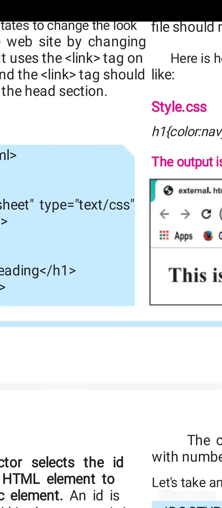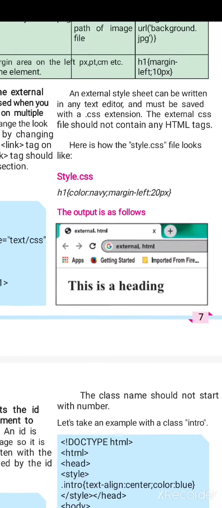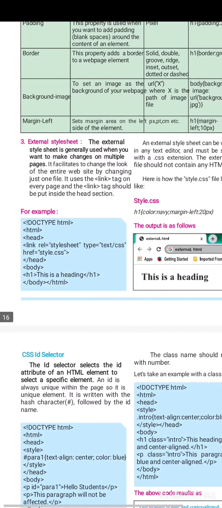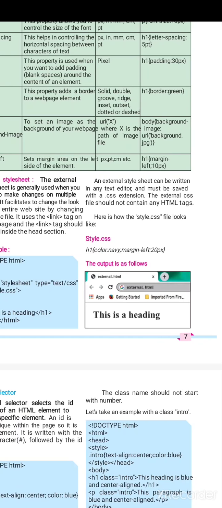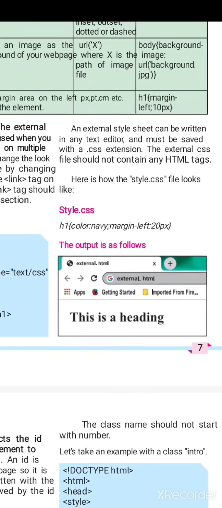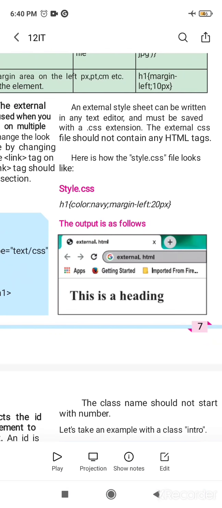Its output is displayed here, see here, it is generated and output within a browser's window. This is a heading where it holds a color as navy. It leaves a space of 20 pixels at left side as its margin, like this.